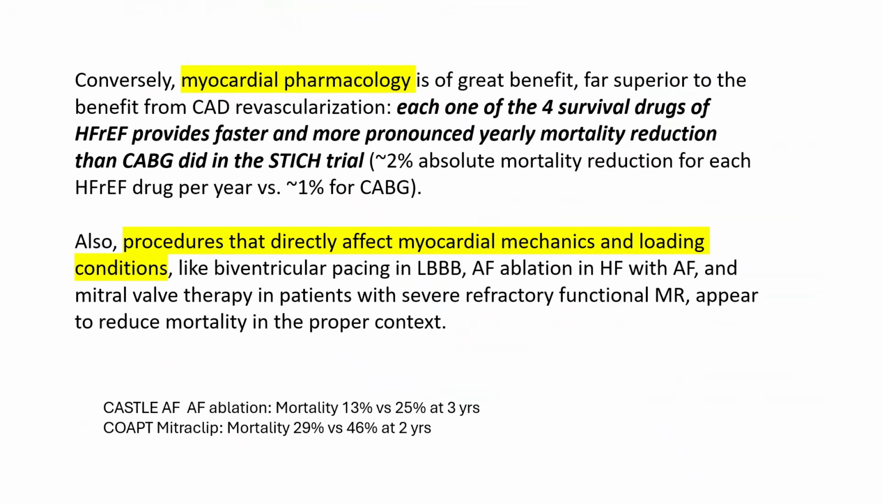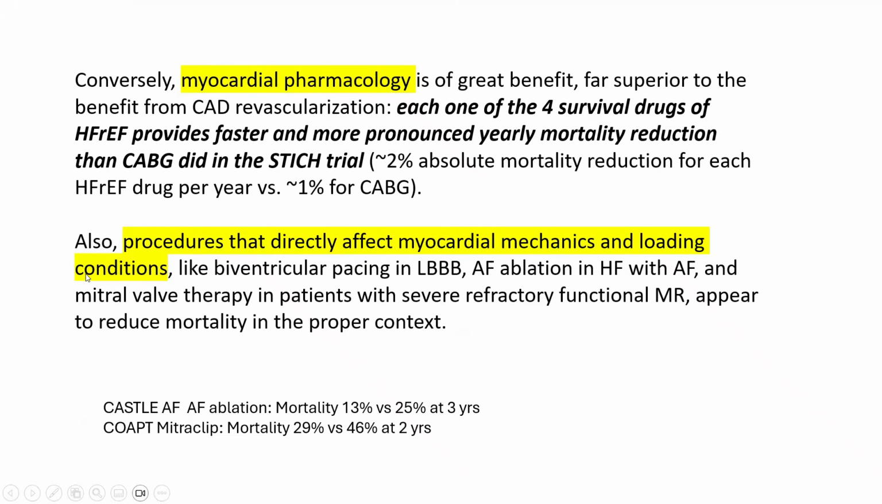Conversely, in ischemic cardiomyopathy, myocardial pharmacology is of great benefit, far superior to the benefit from CAD revascularization. Each one of the 4 pillars of heart failure with reduced EF provides faster and more pronounced yearly mortality reduction than CABG did in the STICH trial. You get about 2% absolute mortality reduction for each one of the 4 heart failure pillars per year, versus a maximum of